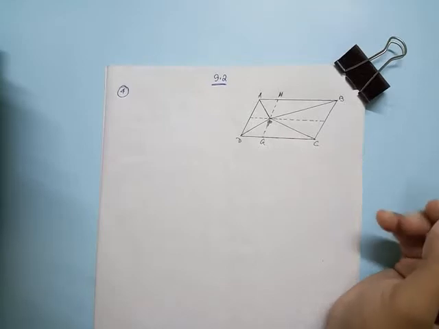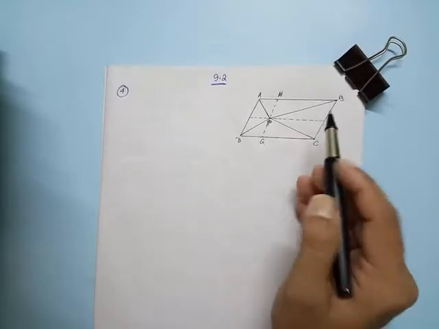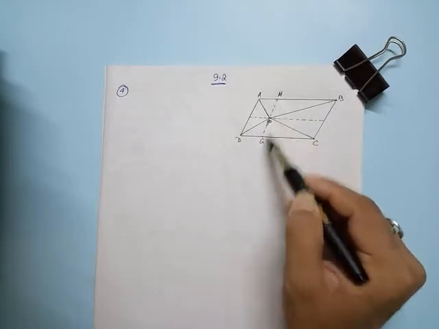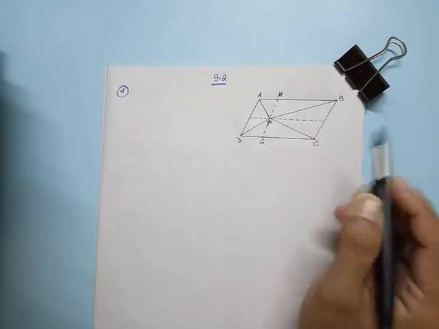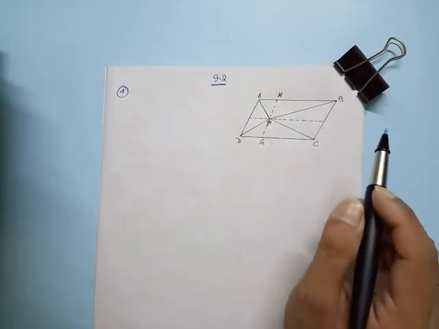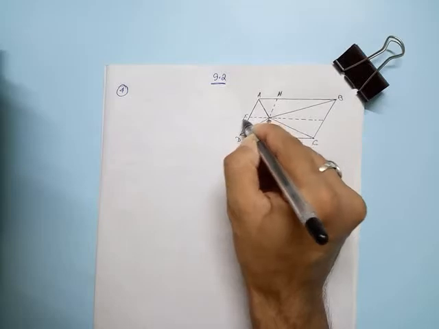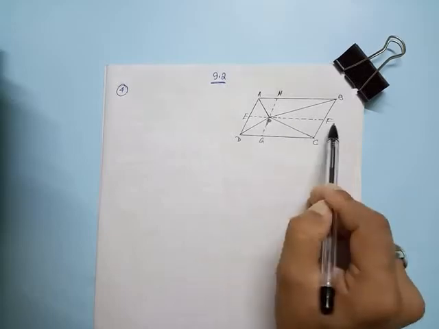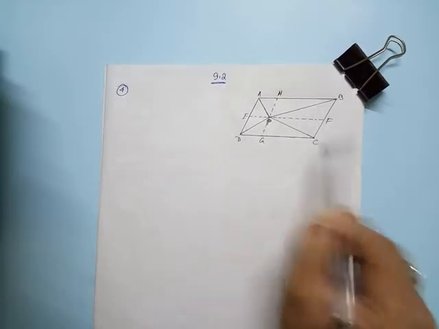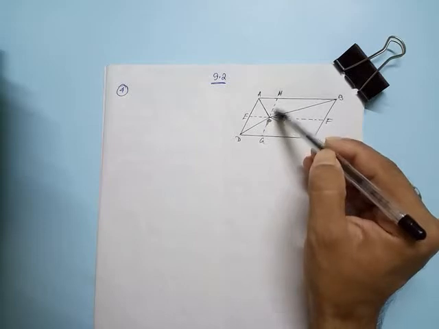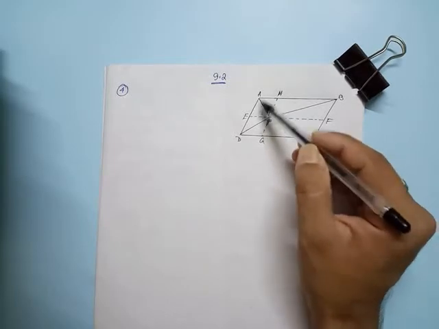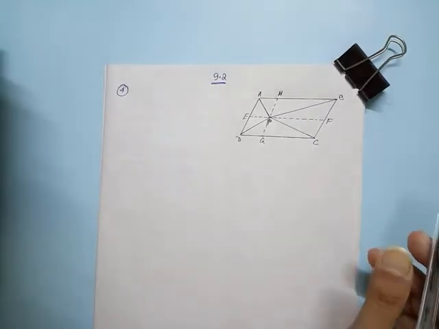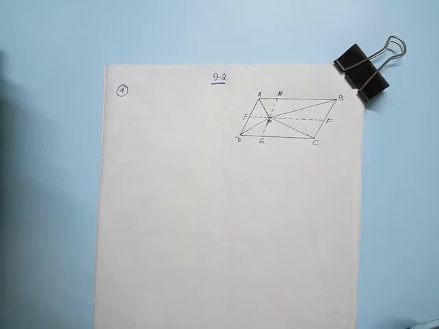ABCD is a parallelogram, and in the question it is given that through P draw one line. So I have drawn one line like this, and here given GH. Now here also I will give one name, E and F. Through the point P I have drawn one line which is parallel to AB and parallel to CD, and through P we also draw one more line which is parallel to AD and parallel to BC. So this part would be our construction part. Now let's have a look how to solve this one.